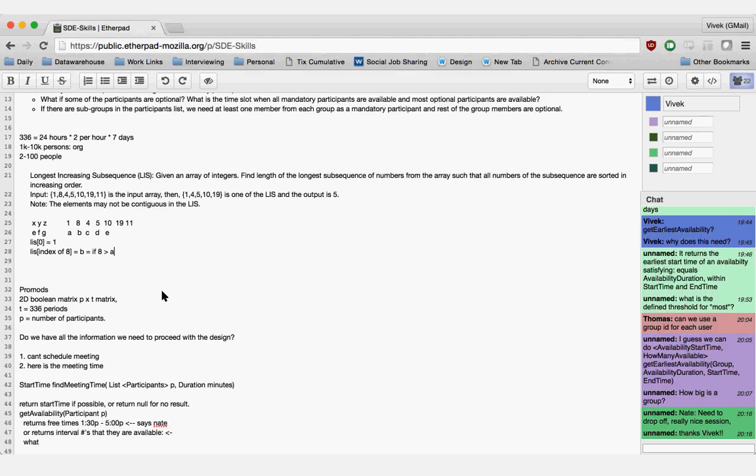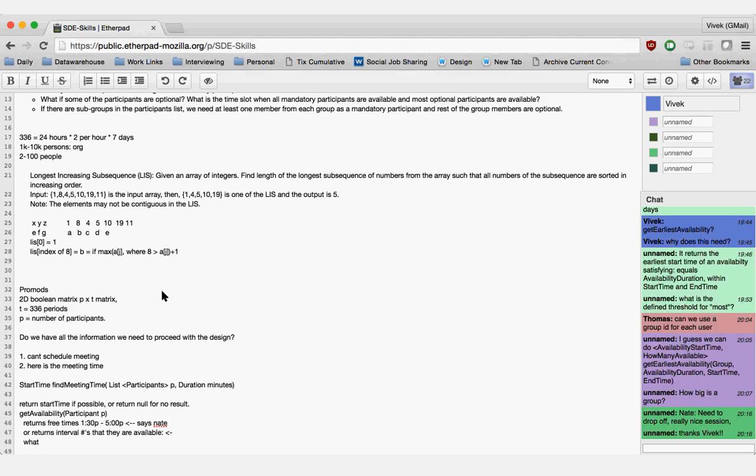If 8 is bigger than A of J, of all the numbers below it, yes. It's then the maximum of that index E, F, or G, whatever it is, plus 1. Correct.